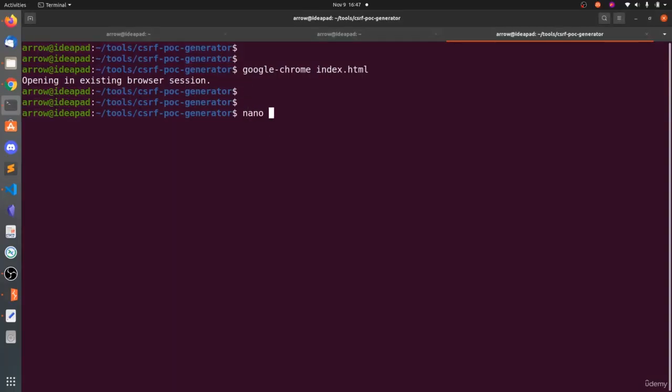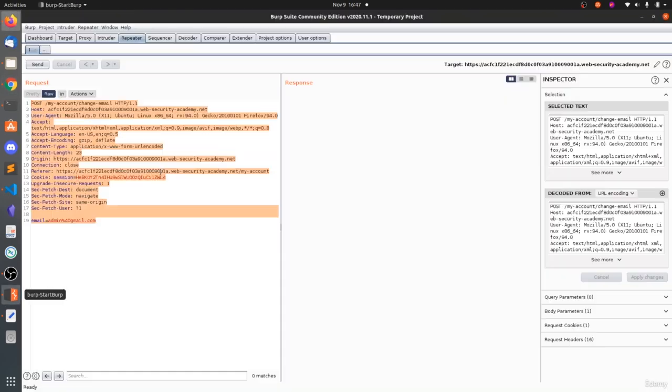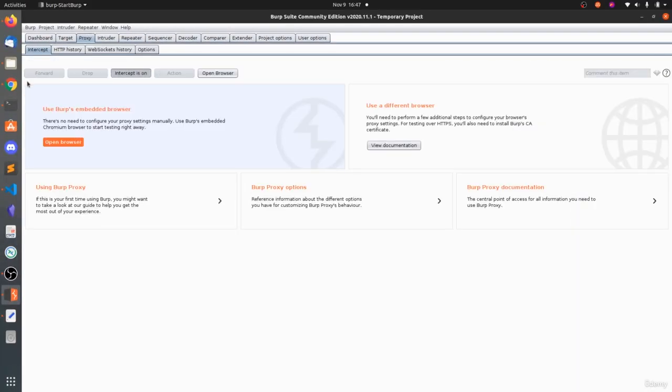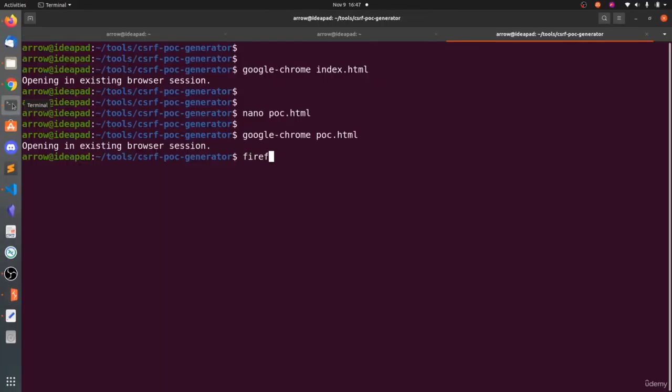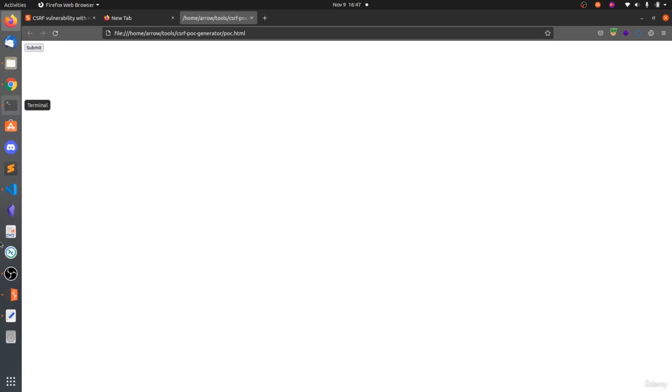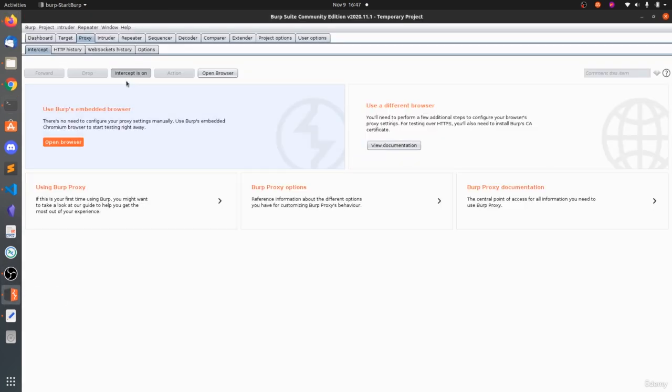So let's say nano poc.html, Google Chrome poc.html, and now you can see I don't need to submit at all, but let's open this with Firefox and proxy intercept on Firefox poc.html, and here you can see whenever I click on the actual link,